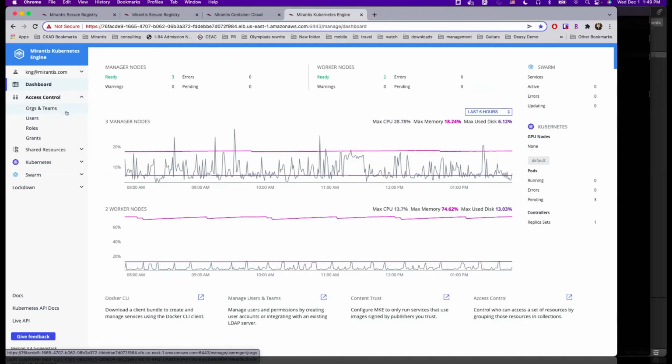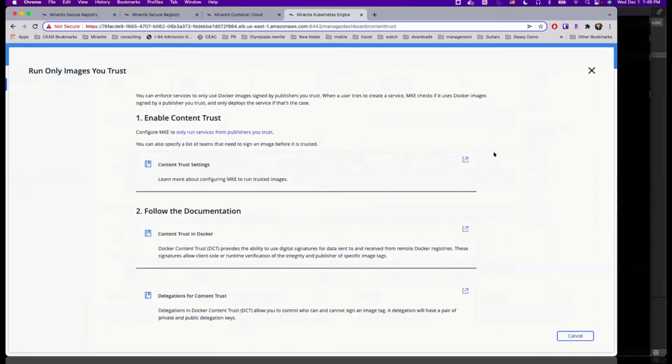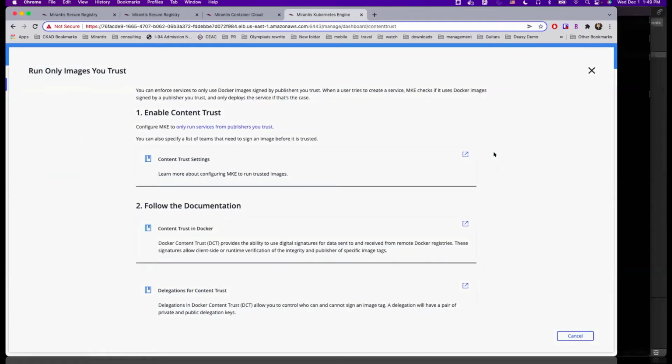So it's built-in RBAC, and it's more of an opinionated approach when you're setting things up. At the same time, what I could also do is lock down my environments. I've got my people side of things controlled. Let's look at the workload. I can set up content trust so that only signed images can be deployed onto my nodes.